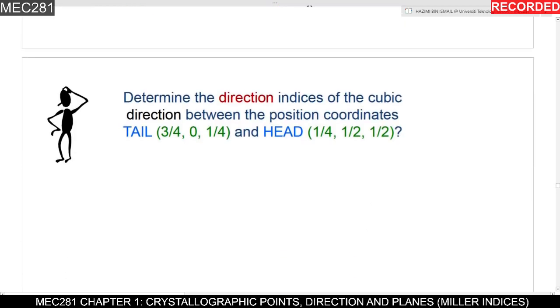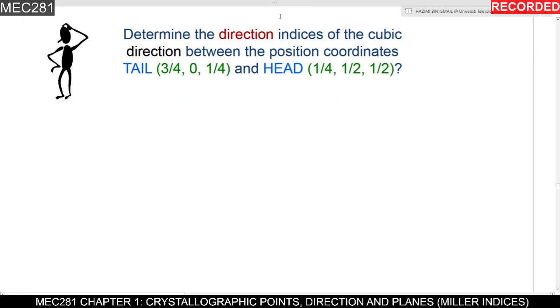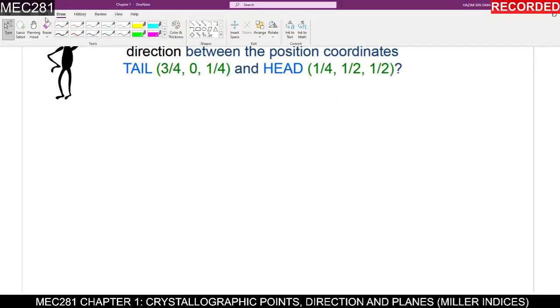Determine the direction indices of the cubic direction between the position coordinates tail 3/4, 0, 1/4, and head 1, and so on. Okay, so first of all, you have to do your